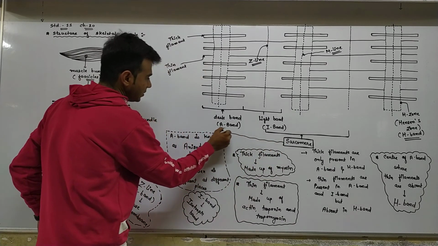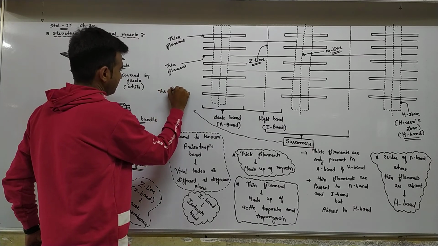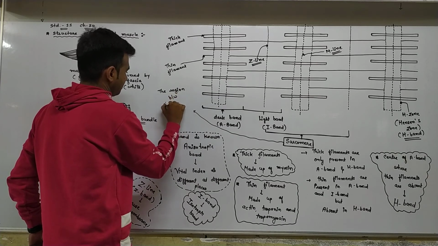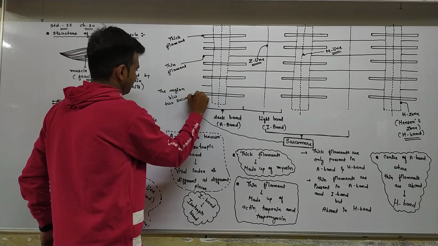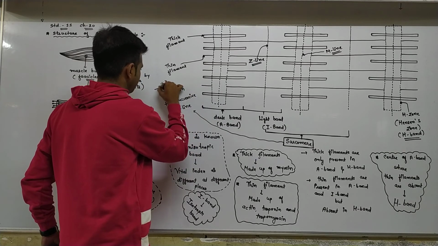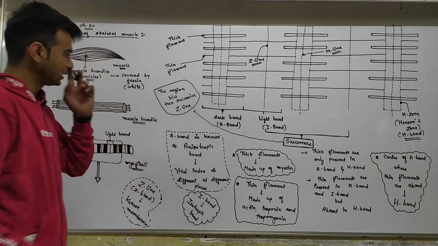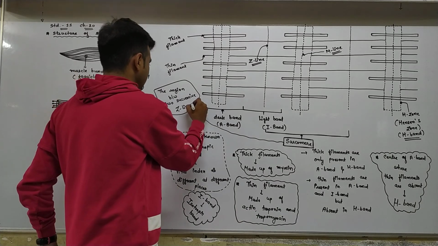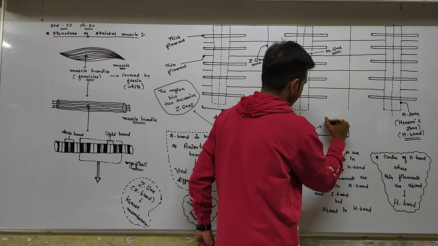Here I can write the meaning of it. The region between the two successive Z lines is known as sarcomere, and sarcomere is made up of